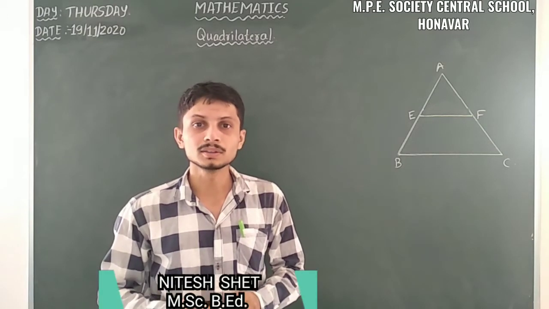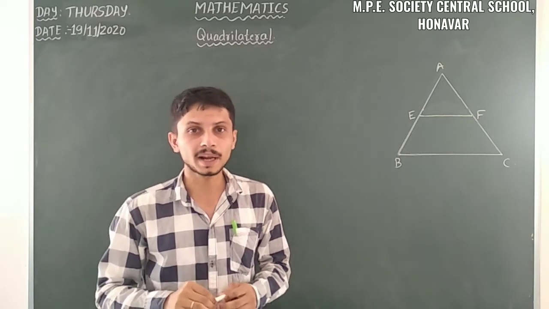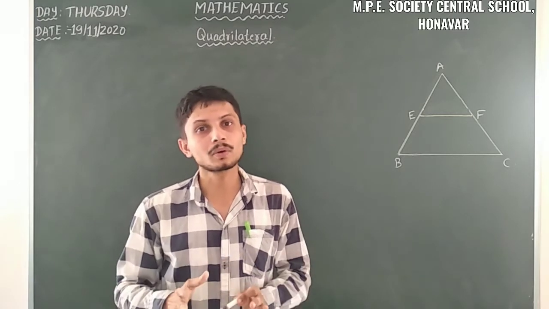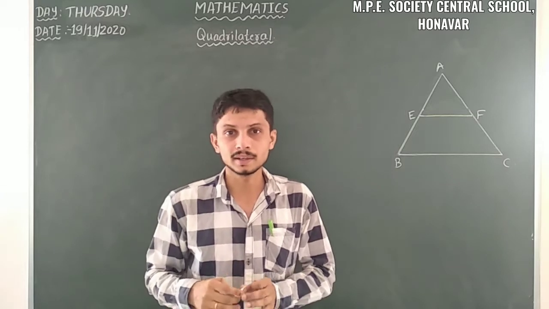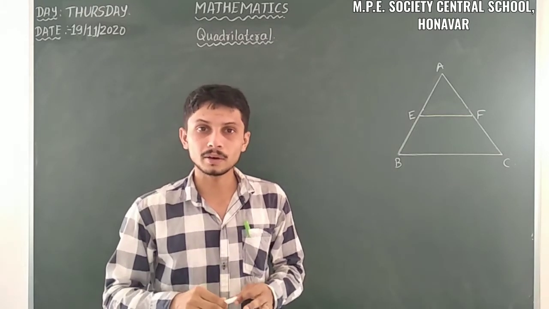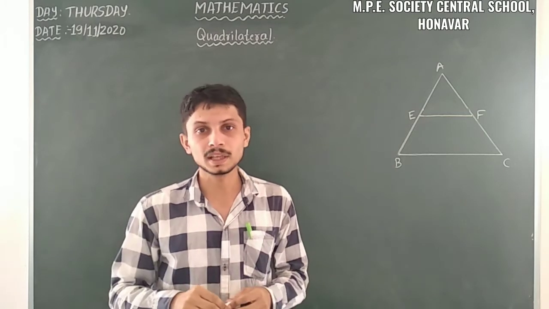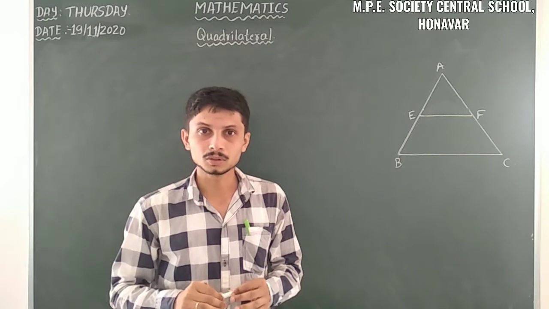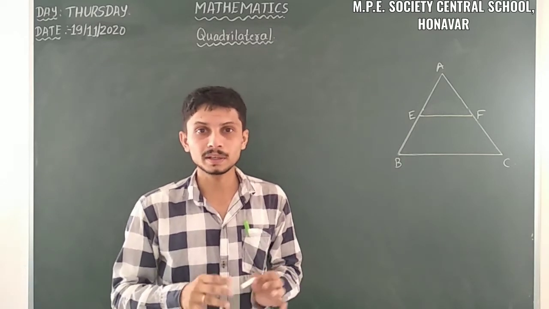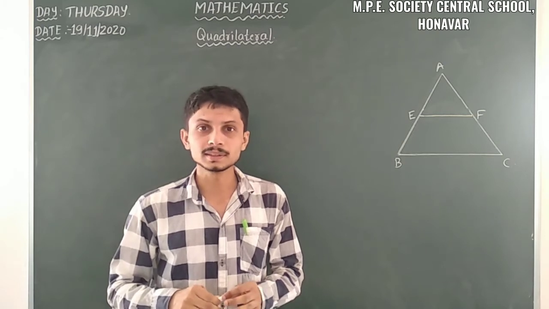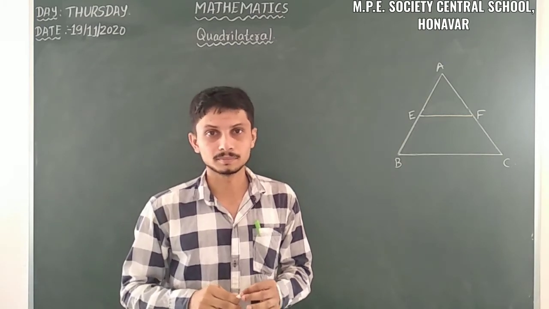I am from Mannavara. So last class we discussed a topic from 9th standard, that is quadrilateral. In quadrilateral we already discussed what is meant by quadrilateral, the angle sum property and some of the properties of a parallelogram, and also we derived and proved some of the theorems based on properties of parallelogram. So here up to theorem 8.8 is completed. So let us move on to the next part, that is midpoint theorem.